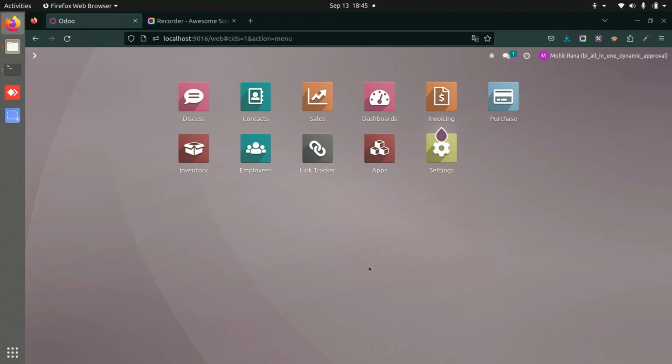So this application called All-in-One Dynamic Approval will allow you to give multiple levels of approvals on minimum amounts. So let's see how this works. So first we will go to settings,